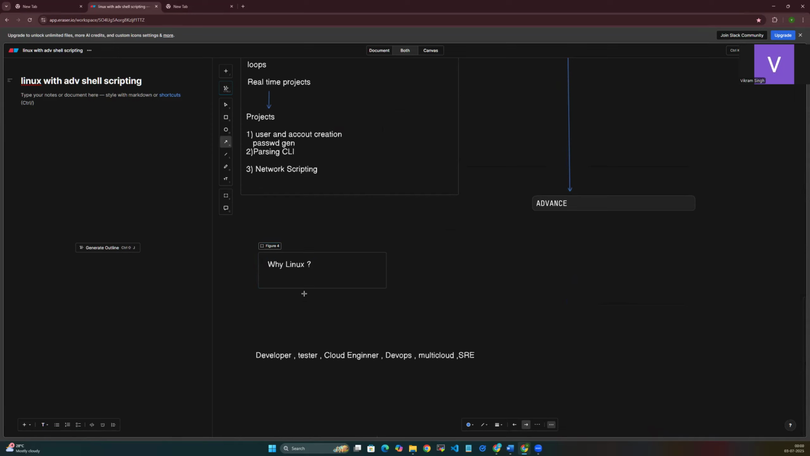So it's very, very important to learn Linux. You cannot ignore it. And it will be there. And why are they deployed on Linux only? So simply you can say the main reason is, let me write, the main reason